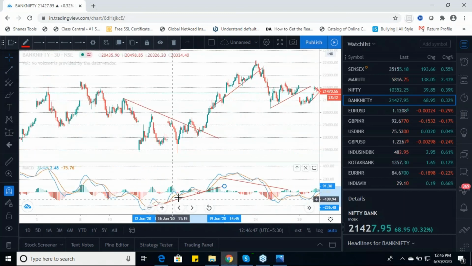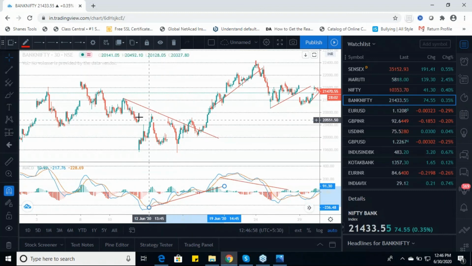Irrespective of every crossover signal, if we use the trend line to analyze where the market trend is going, it will help in understanding the actual trend of the market. So as you can see, the market is making lows. With every rise there is a sell-off, and every low is making its consolidation. But the MACD is showing a buying signal. It's showing that the trend is rising. So it shows that in the coming days, there will be a price rise.